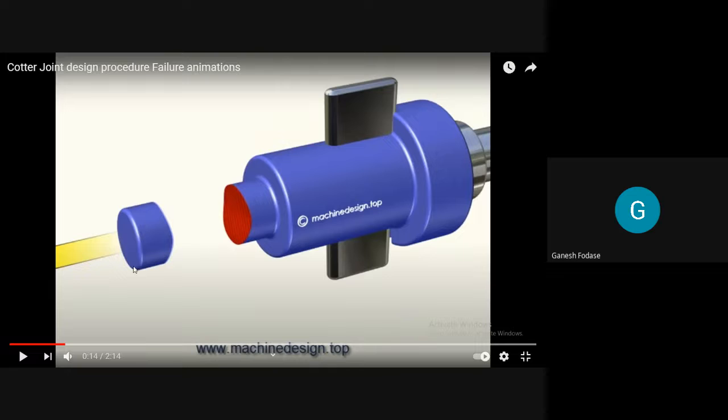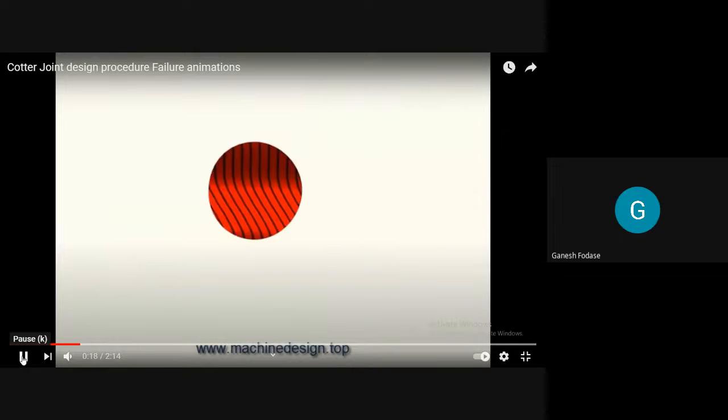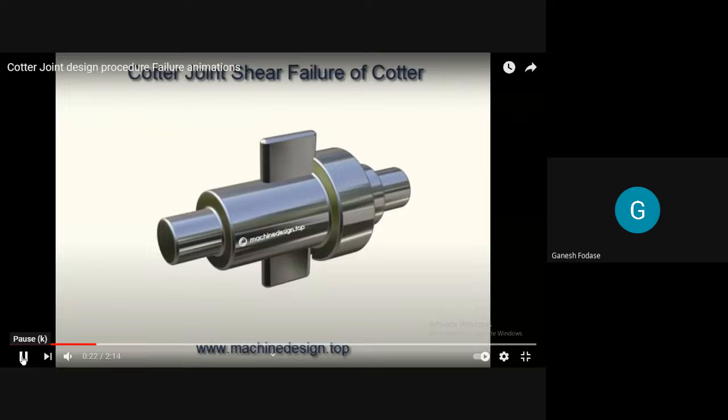Okay, here tell me the type of failure. First one is tensile failure. Where does this failure occur? At the end of the rod. It is shown on this side, but it may happen on that side also, on the spigot end. So this is the area under failure, and that's what I told you: π/4 into d square. Okay, now see the second one.